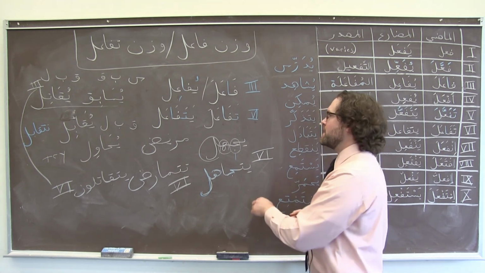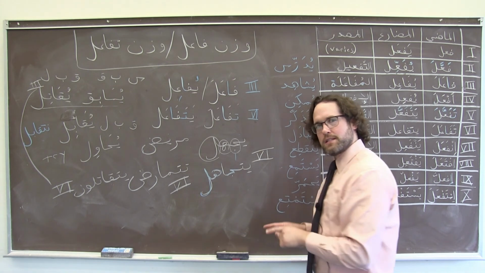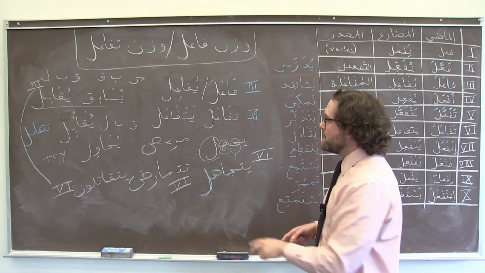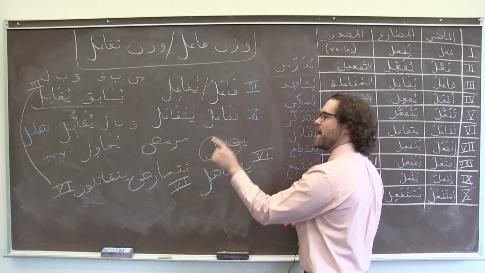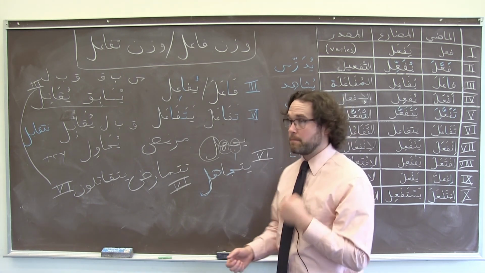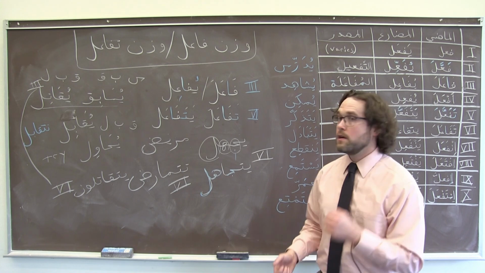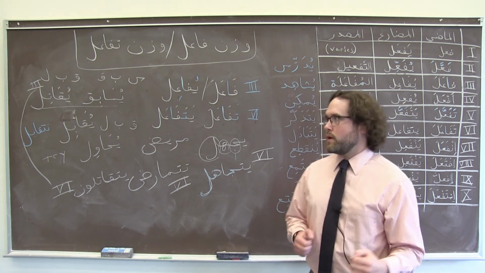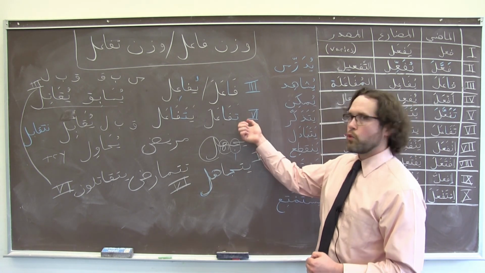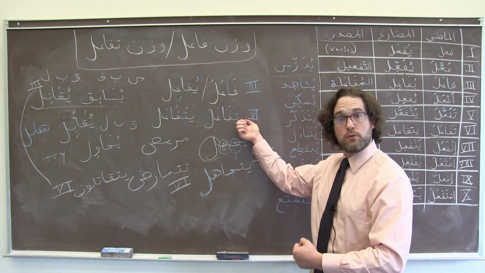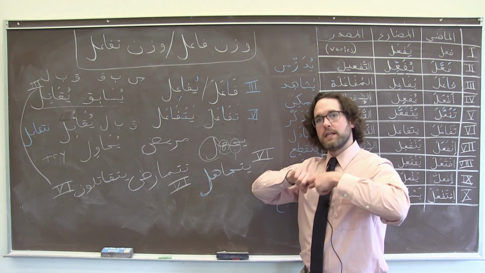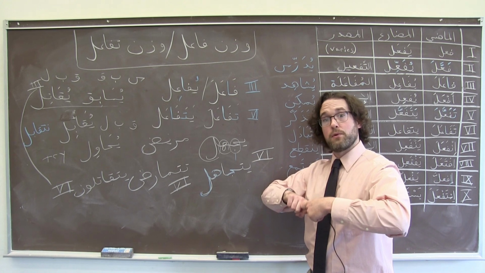So those are the basic meanings of Form 3 and Form 6. Again, very important to remember that we see kind of parallel forms between them. We can meet up with someone, or we can get together in Form 6. We can race against someone else in Form 3, or we can race each other, all of us, in Form 6. And that's kind of the link that binds those two forms together a lot of the time.